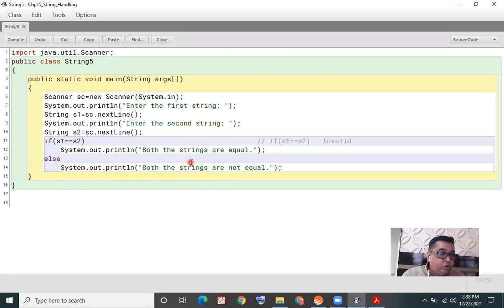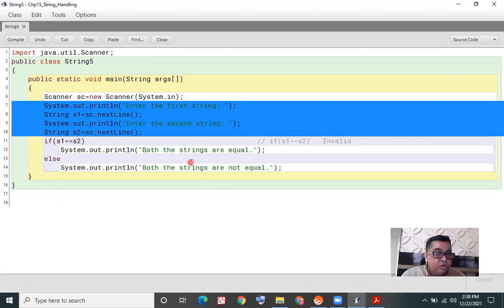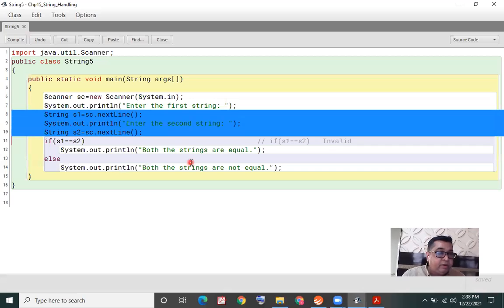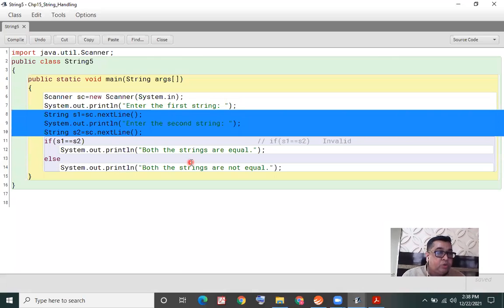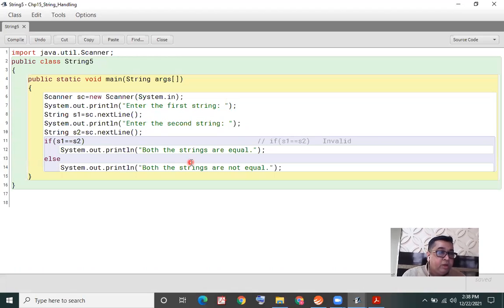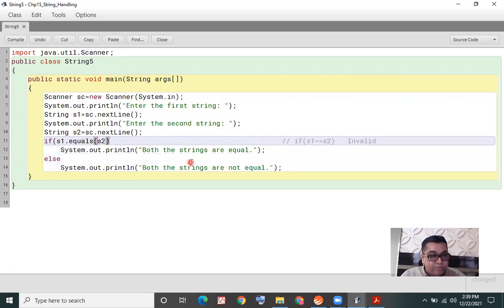By the way, the two strings earlier I did not input, I assigned them. So when I'm assigning some value to S1 and S2 without inputting it from the keyboard, it gives us an impression that the double equal to operator is working. No, don't take that message. That's a wrong impression it is creating. So as I said, for all purposes, when you're comparing two strings, you use the equals method.